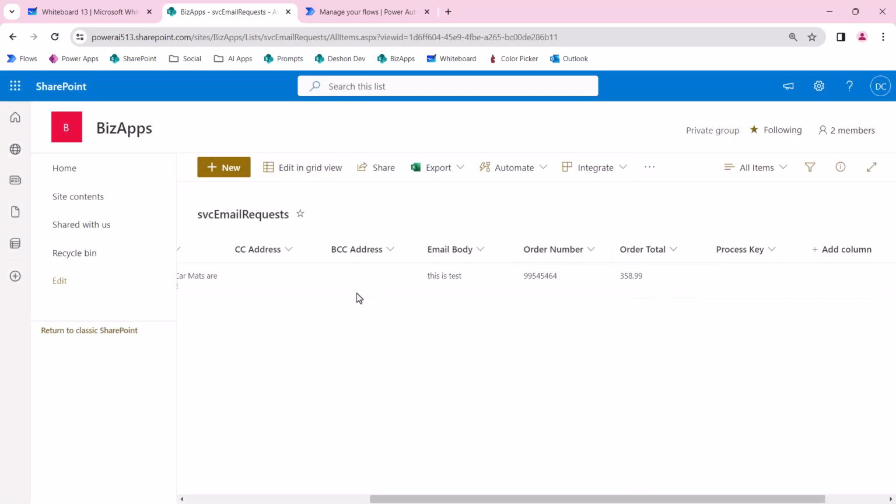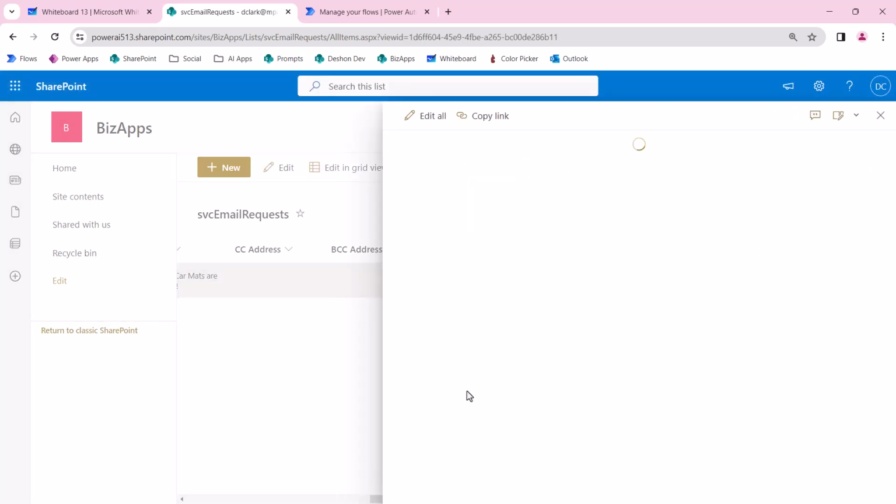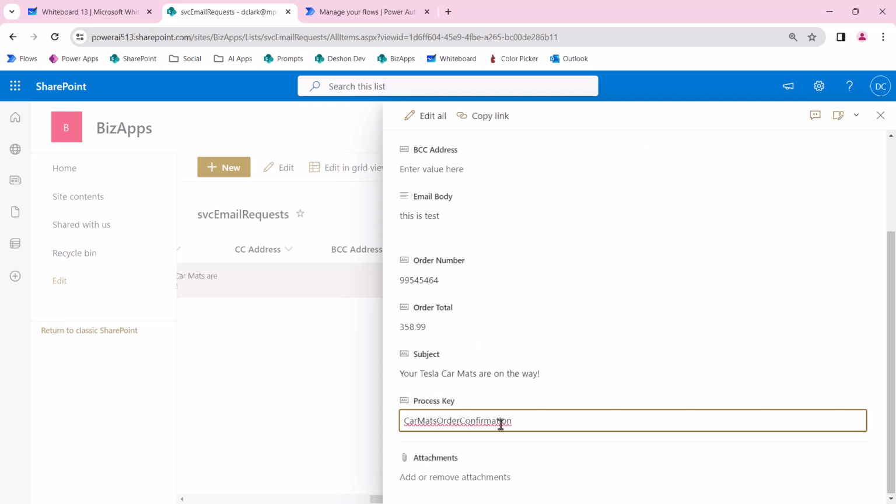And this process key, so let me just go ahead and edit this request. It's going to be that value there. And this value should match, right? And we'll give this to whoever, and that's the other thing, like you can build a whole business process around